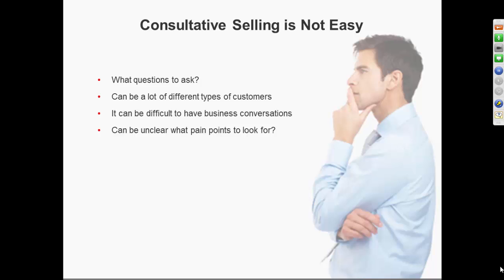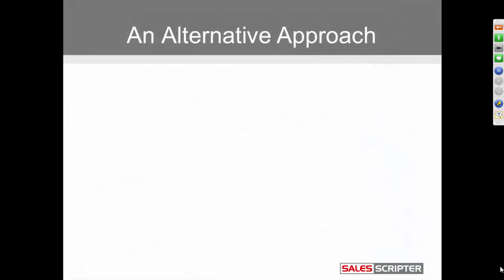So it's understandable that that sales training company couldn't say, here are the pain points that you should look for. They just said, you need to look for pain, and they left it up to me. And then I became lost. And it's understandable that they didn't fill that gap, because there's a lot of different pain points to look for, depending on the products you sell and the different prospects you sell to. So that's what can make consultative selling a bit tricky. And again, we're going to show you how to figure all of that out.